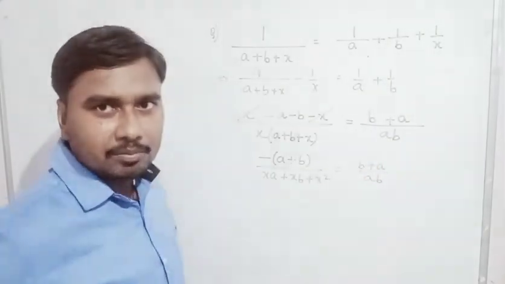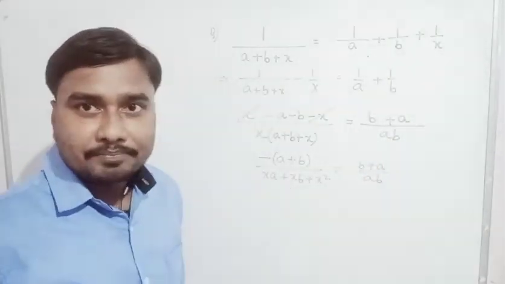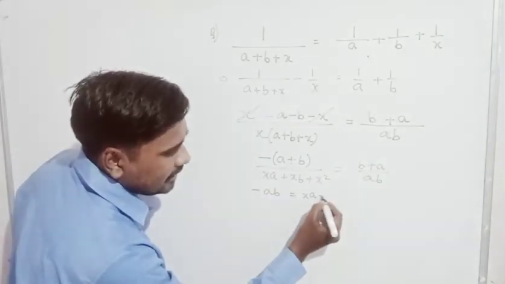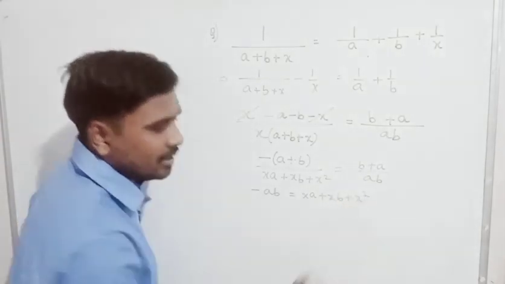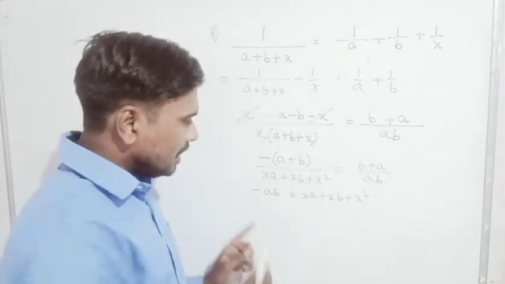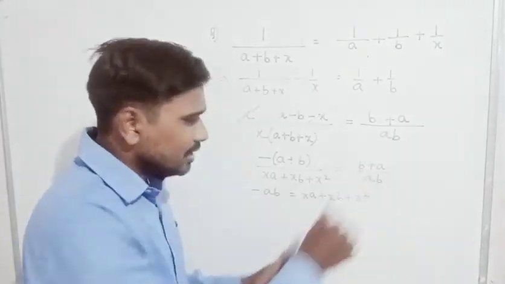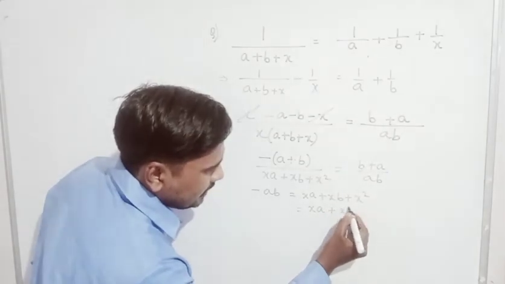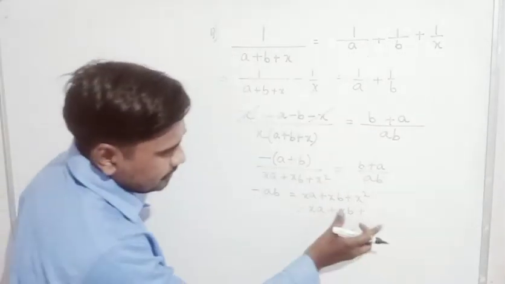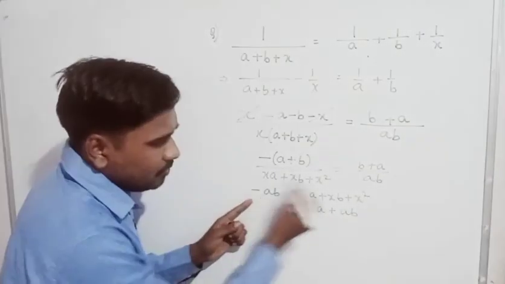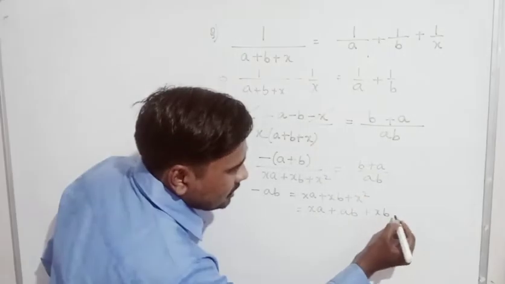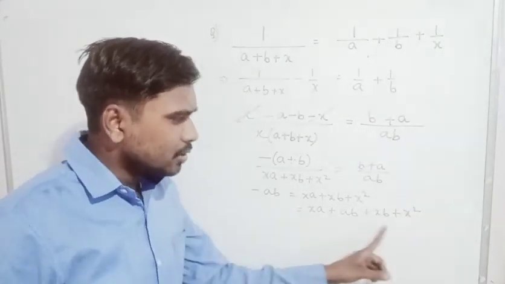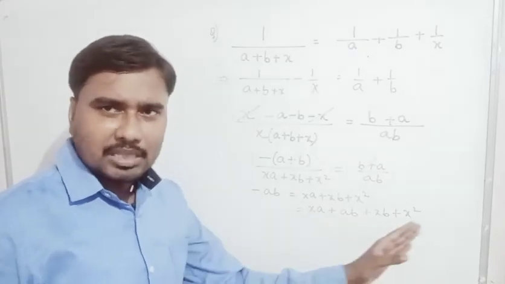So you will do the cross multiplication. It will be minus ab is equal to, this will go that side, xa plus xb plus x square. Now in quadratic equation we have to shift all the parts to one side. To shift this ab that side, it is x square plus xa plus xb plus ab. This is plus sign, so anywhere you can shift. Now you can take two commons. Four terms are there, so two pairs.